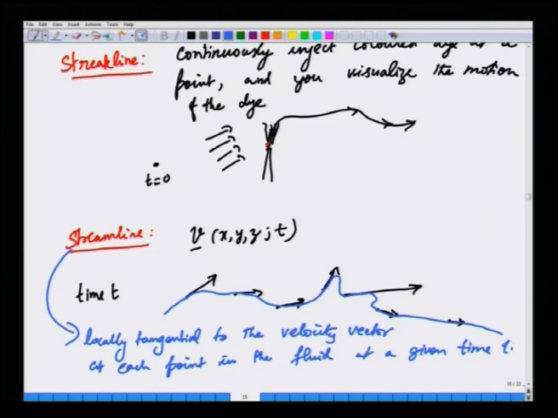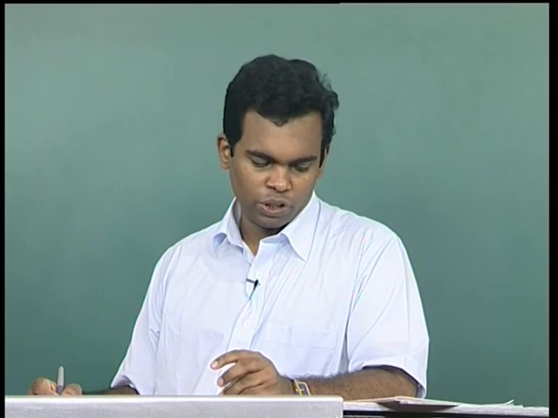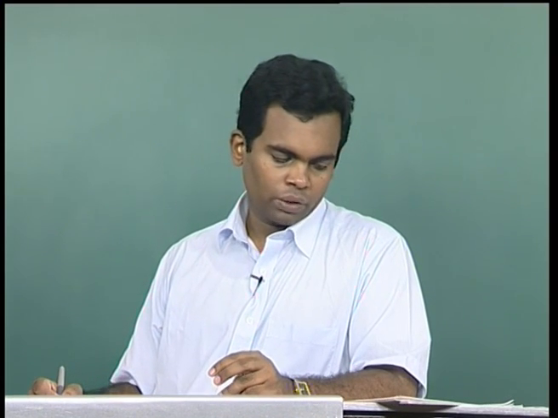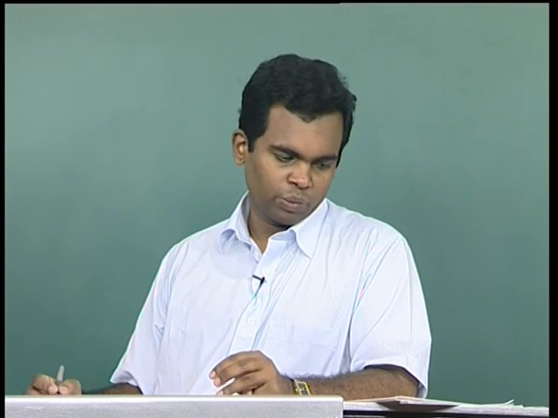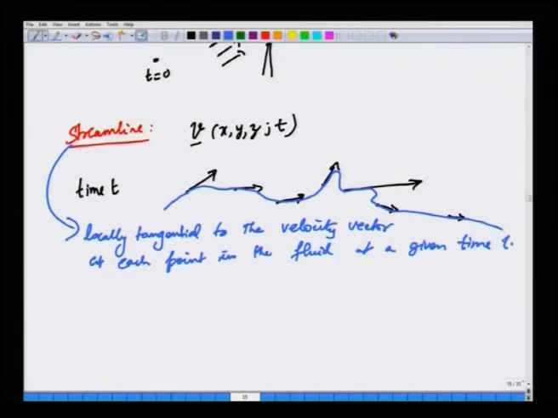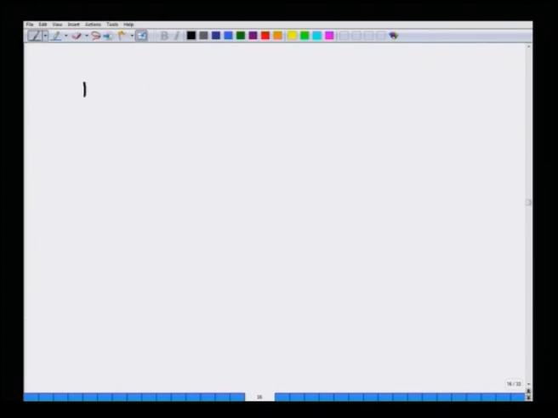Okay. So, streamline is basically an idea, but we have to understand how it is measured or how it is visualized experimentally. So, we will illustrate this through an example. I am going to illustrate the notion of path line, streamline and streak lines through an example. Imagine you have